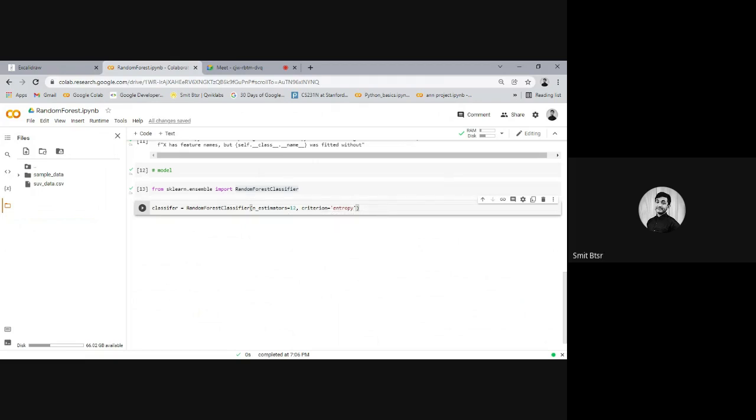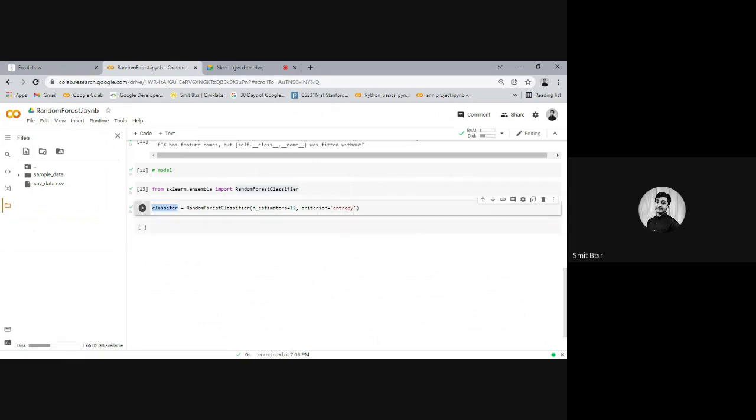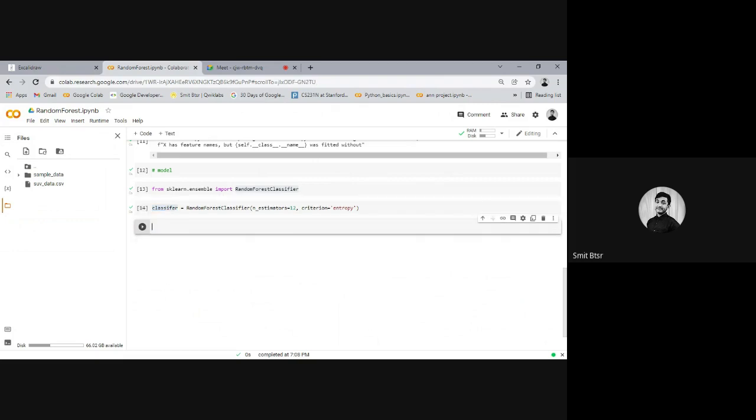There is no need, but in this case we are using it. Here we just created the model. We haven't run it, and from now onwards we can refer to this instance of the model using classifier.